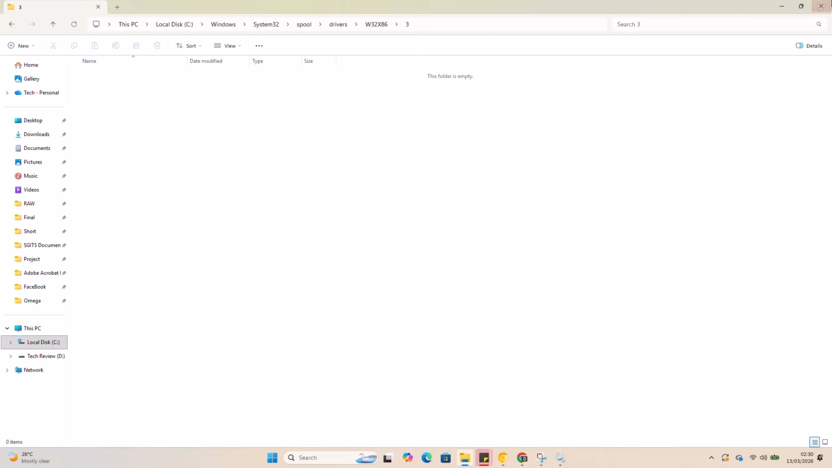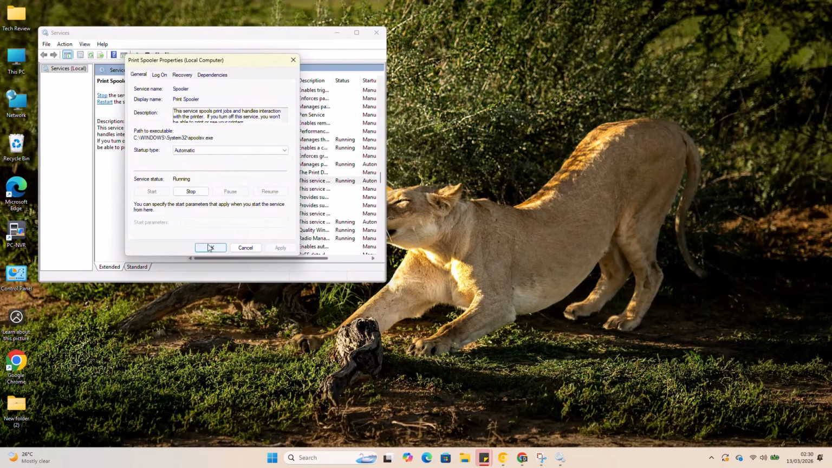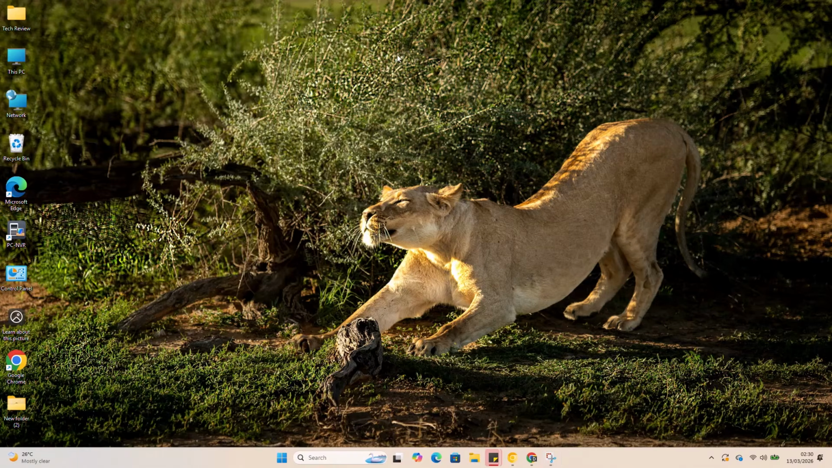0x000003eb printer installation error. Now go back to the Print Spooler service and click Start. After that, try installing the printer again. In most cases, this should fix the problem. So that's how to fix printer error